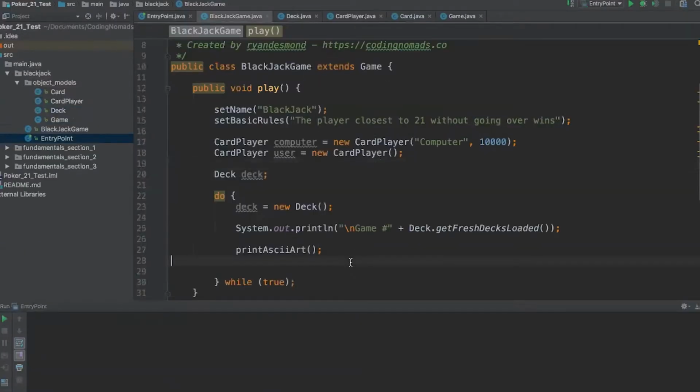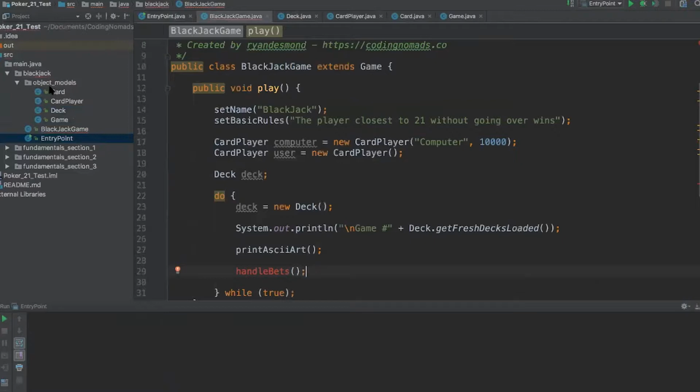All right, so after we printed out the ASCII art, the first thing that we need to do with every game is bet. And since I know this is going to be several lines of code and I'm going to need to use it over and over again, let's go ahead and create a handle bets method. And this is actually something which every card game needs to be able to handle, right? So something that I think we could do here to also demonstrate interfaces